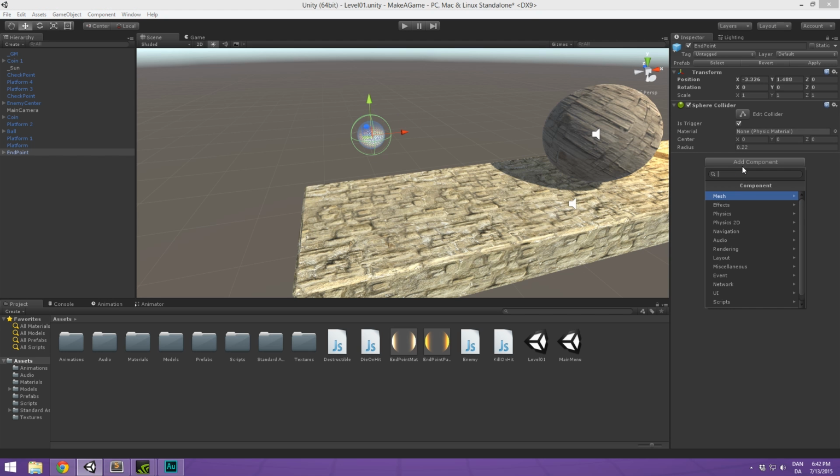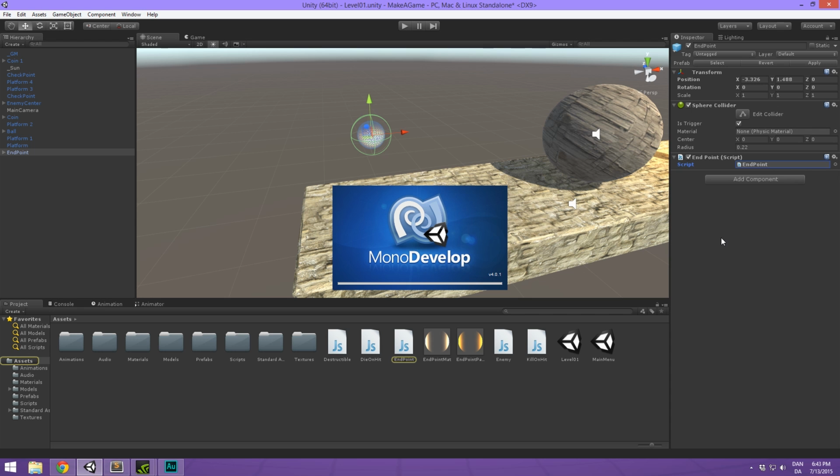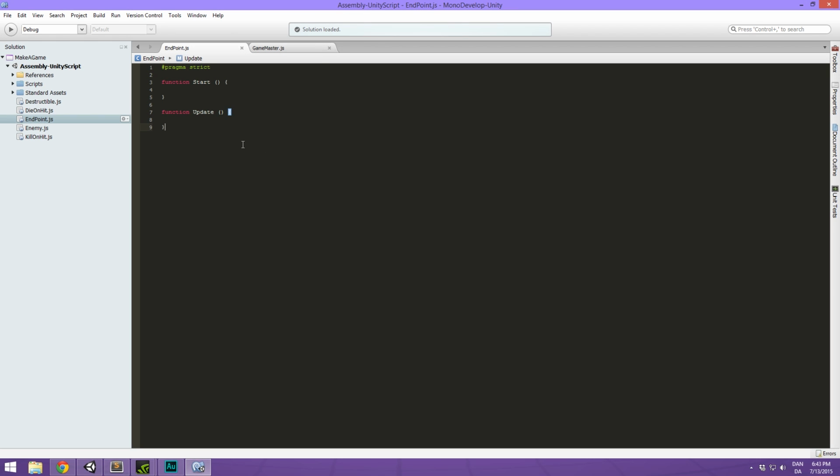So in here, we'll simply create an endpoint script, and of course we want this to be of type JavaScript. Now let's double click this to open it up in MonoDevelop. Oops, come on, there we go, and it's opening up. And in here, I'm just gonna zoom in a bit on the code here. Basically all we wanna do is we want to have a function called